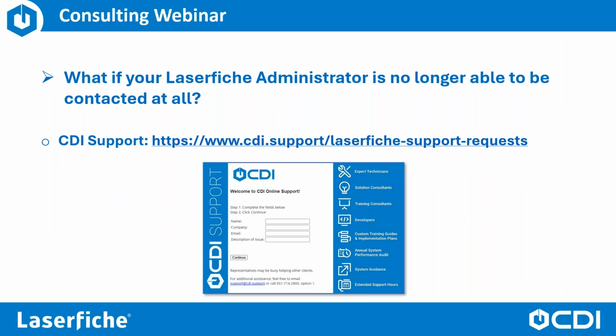All right, and finally, if you have no access and you need our help, we can certainly help. Go ahead and reach out to us. We have our website. Just go to cdi.support and click on the contact us or scroll down to the support link, and you can either enter a support request on the website or even send an email or give us a call. We are here to help, and we certainly can give it our best shot and help you with our tools.